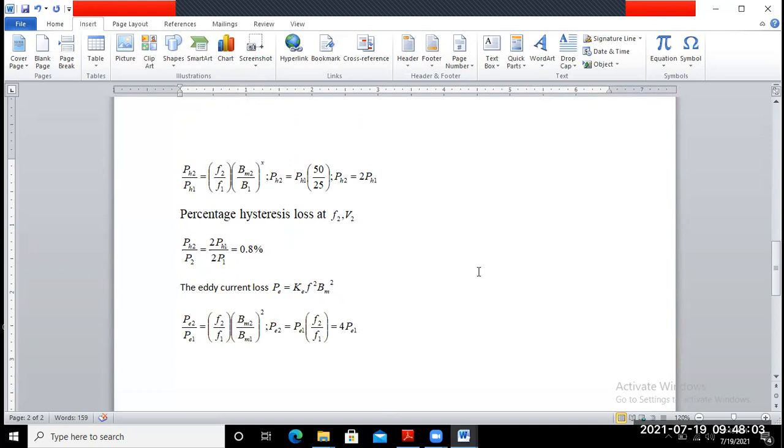Okay, that means 0.6. So you find out the efficiency at V1, F1, that is 1 minus losses divided by output plus losses. When you convert the losses to per unit, that means 1 minus per unit losses divided by 1 plus per unit losses. If you find out the losses, then you are able to find out the efficiency. That means eta equal to 1 minus losses divided by output plus losses. So you may solve this problem, and practice some problems based on efficiency. So we stop here, and in the next class